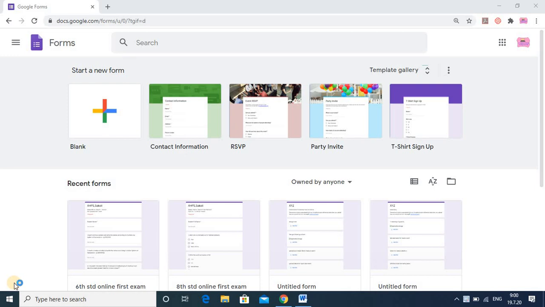Hello watcher and subscriber. In this tutorial I will guide you how you can set the image in the Google form, and for doing this you have to learn how to crop an image as well as how to adjust the size of the image. Those things will be very important because many people know how to add questions,